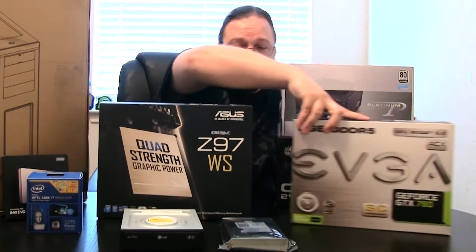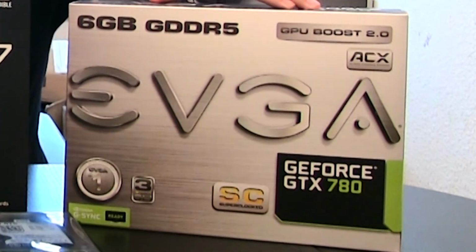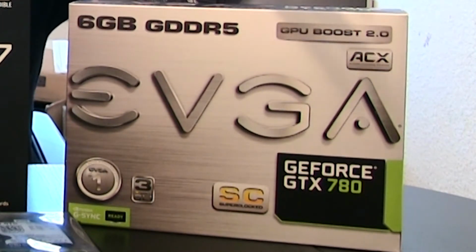Next, we've got another brand new component that's just out. It's an EVGA GTX 760, excuse me, 780. And I know what you're thinking, it's a 780, those have been out. This is a 6 gigabyte model. It's been out very little amount of time. They're very hard to come by. And I took a